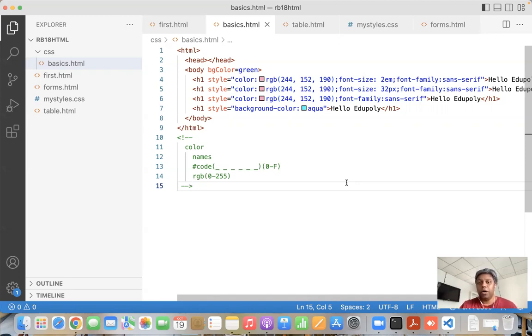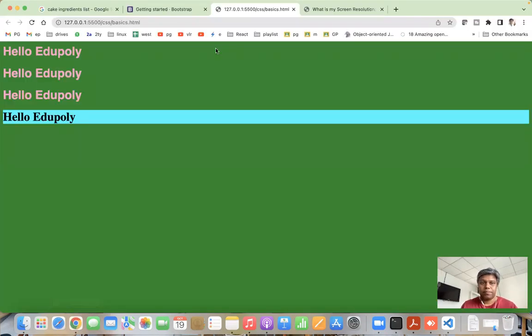So how to apply the style, how to understand the style properties, how to understand the style property values, what are the different ways we can give them, all those things we have discussed. Next, one more thing I just want to tell you, that is grouping of elements. I repeat, what is that? Grouping of elements. So if you have a document,